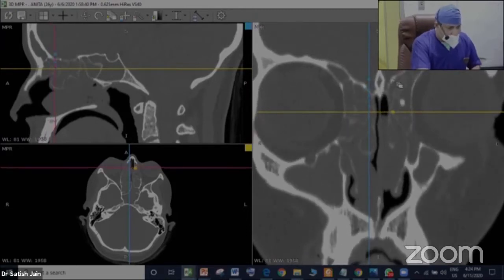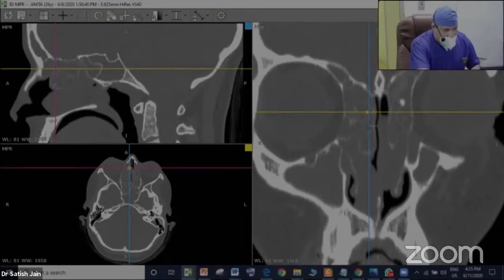The important thing is, as you go behind, the cribriform plate is coming in with the horizontal and lateral lamella, and you must see in every case the depth of the olfactory fossa, how deep it is. If it is deeper, you have to stay more careful, more laterally to avoid injury to the cribriform plate. We'll discuss in the complication part.